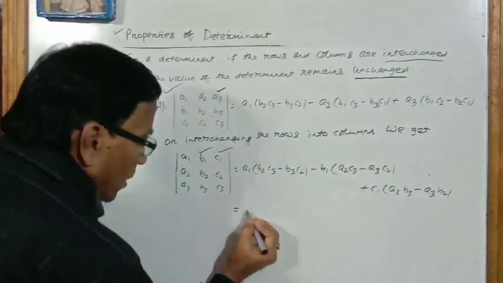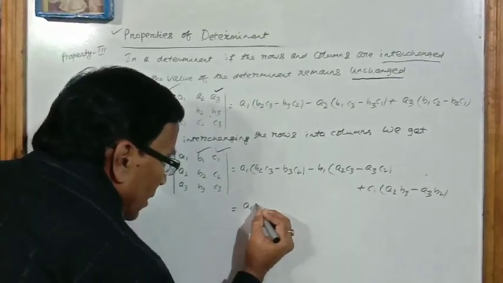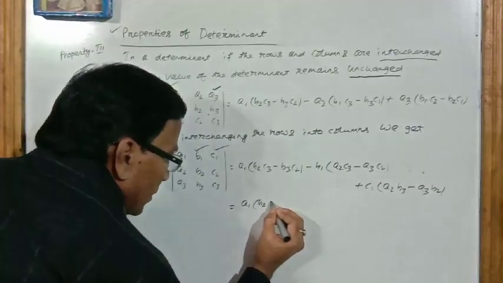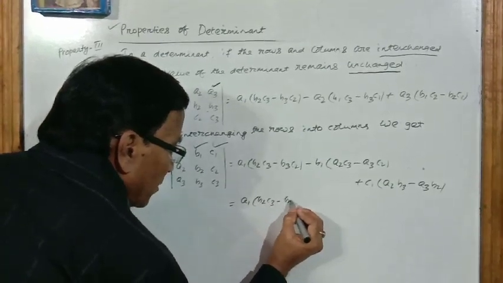So again on further simplification, it is equal to A1 into B2 C3 minus B3 C2